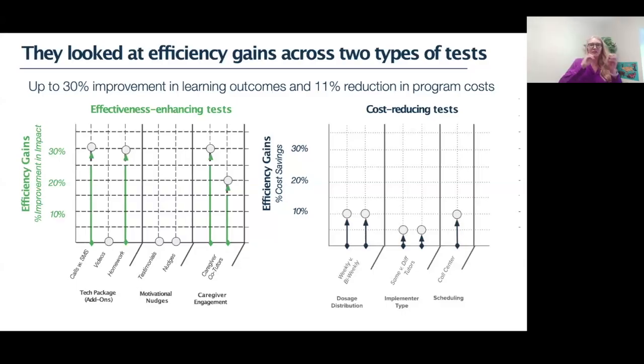They use this effectiveness enhancing and cost reducing classification that I talked about earlier, and each bubble here in the figure is a test. I would say the takeaway here is they found a lot of value in trying both types of tests. For the effectiveness enhancing tests, I would say the results are mixed. You can see there are about 3 or 4 of those out of 7 that generated gains. For the cost reducing, what is really interesting, and maybe unexpected, was that the results are much more